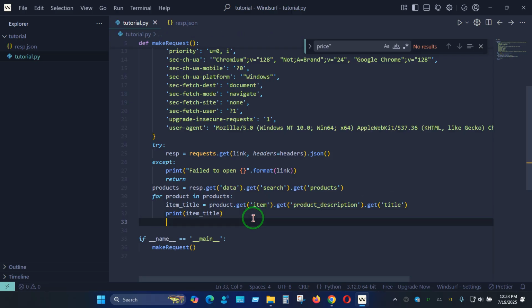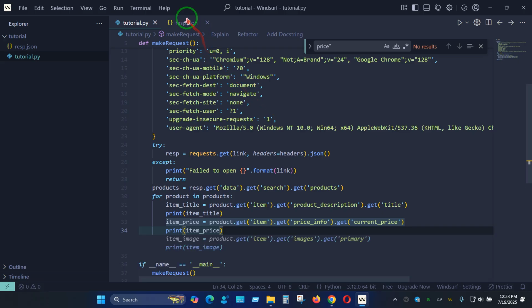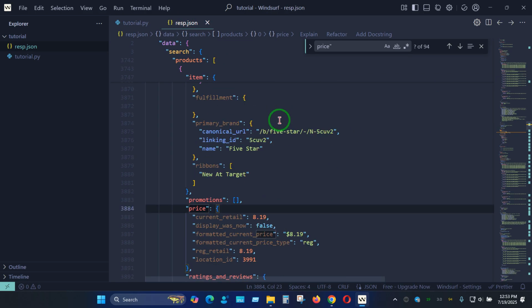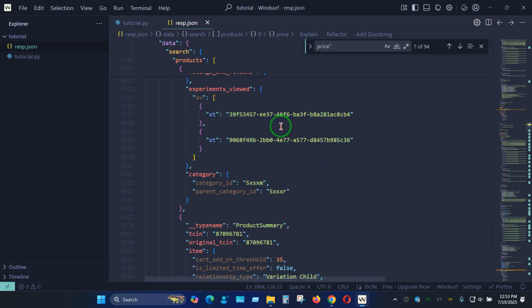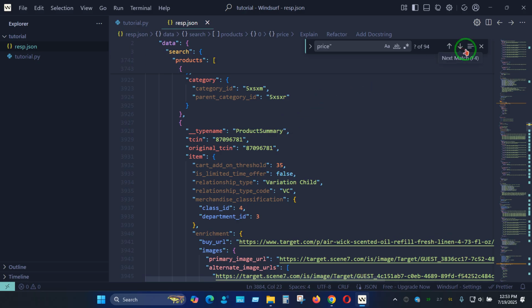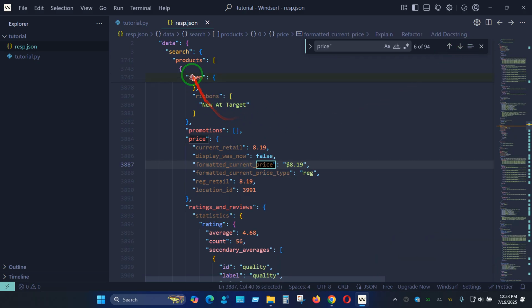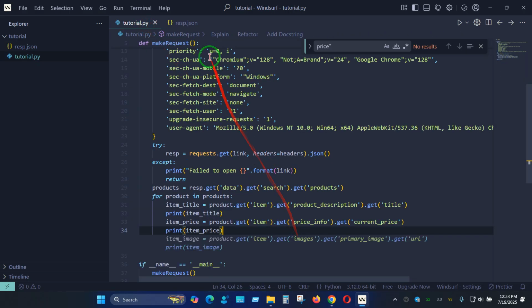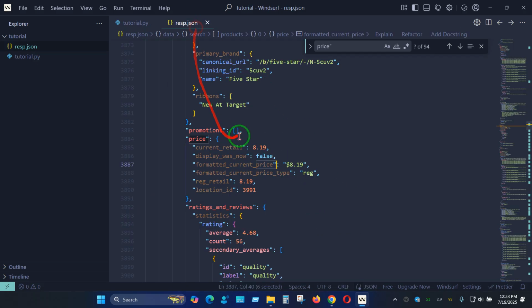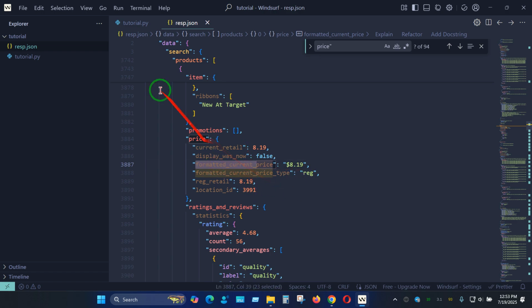So now we are going to print the item price. So here you can see it already suggested this, and you have to just make sure that you are actually getting this correct data. So let's try to find this again. So here you can see item price, then formatted current price, right? So you have to make sure that it is correctly modified to how this is designed. So like here you can see formatted current price,